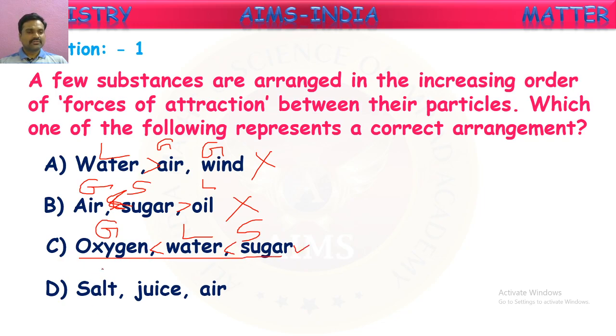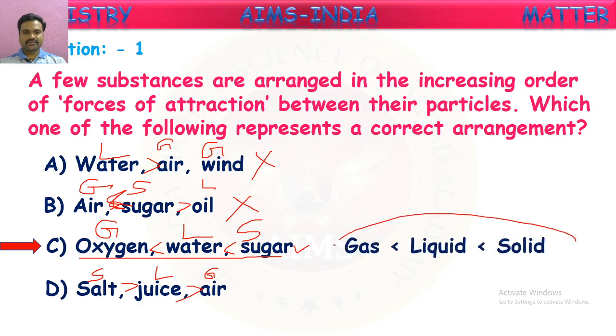What about the last one? Salt, a solid, is at the start. Juice, a liquid, and air, a gas. What is the order of attractions here, children? Salt has greater attractions, and juice has greater attractions than air. This is a decreasing order. So the correct increasing order of force of attraction is given in option C. Most of you have given the correct answer. C is the correct answer. First gas, then liquid, and solid. Fine. Next,